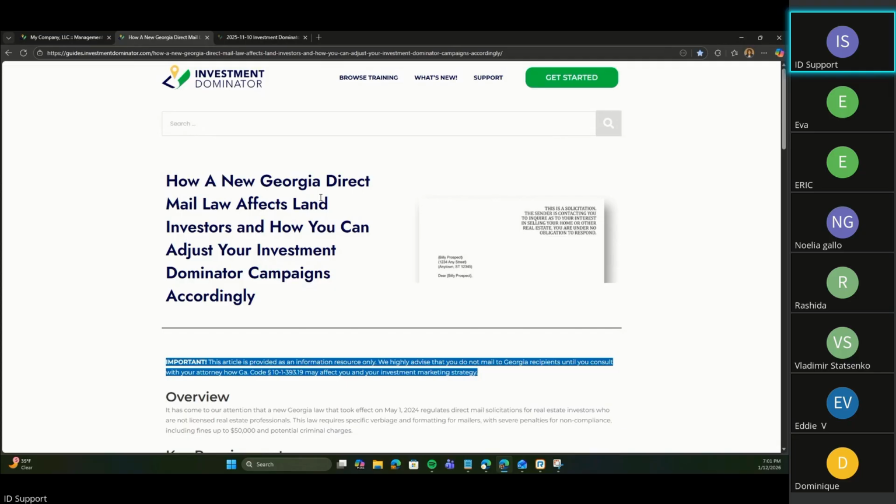If we catch wind of something, then we'll put it in Investment Dominator. Like we learned this about Georgia, so we shared an article about Georgia, but that's really part of the process of choosing what counties you want to go into.